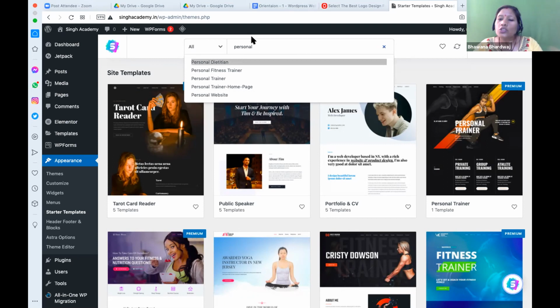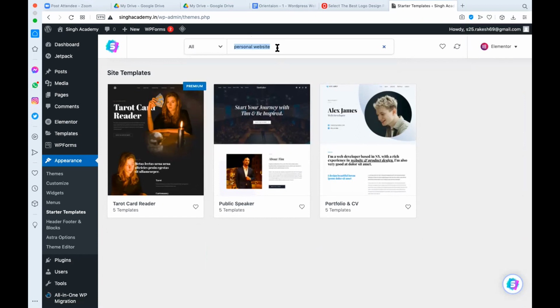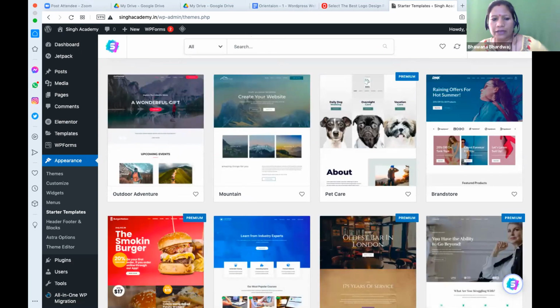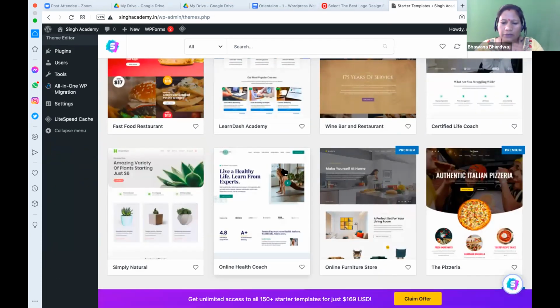personal website. So in that case, whoever is not ready with the product and services can start with a personal website, because you have to establish yourself as a brand. So here you can go for a personal website. You can also go for the personal website. Apart from that, somewhere premium is written, and premium means you have to pay for that. Okay. So right now start with a free one. Start with any free one. There are so many, I am sure you will be able to find a good one.